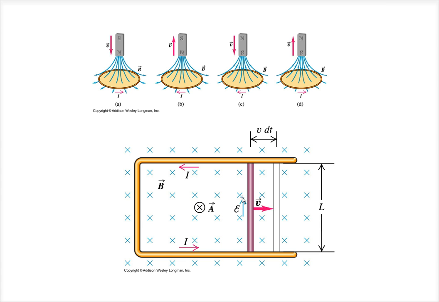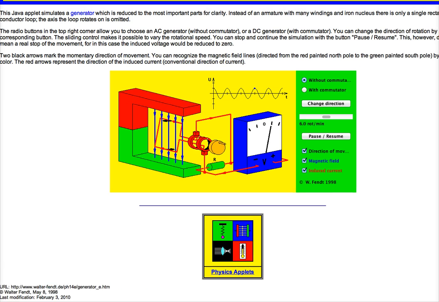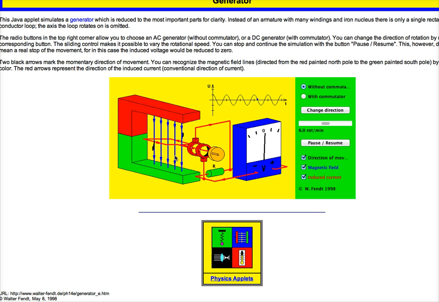So another way to change magnetic flux is if I had this circuit here and I just pulled this side out, I would be making this current loop bigger, so more magnetic field can go through, so the magnetic flux is changing. That will induce a current in a generator. So this is how we power our society. It's just like a DC motor, but you're turning it, and as it turns, more magnetic field can go through now, and less and less and less, and now more and more and more, and that will create a current. And that's how we generate power. And the loop is turned by steam or